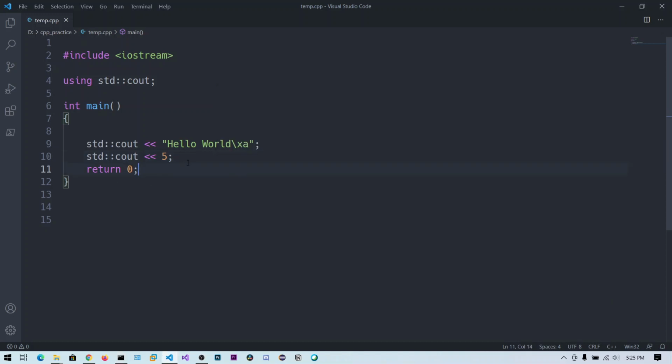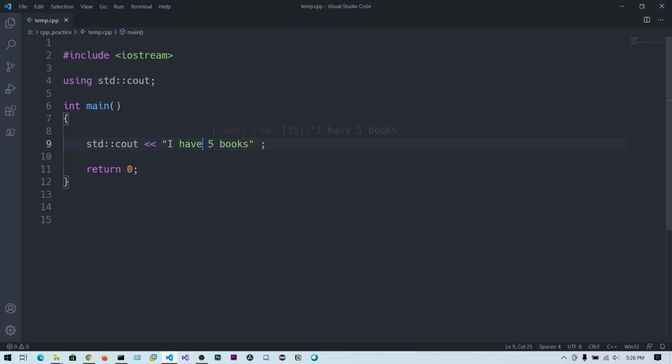So now what if you want to combine this string and the number? What I can do is delete this one, and say, for example, I have 5 books. Now what I want to do is separate this I have and the books, and insert this 5 as a number in between these strings.